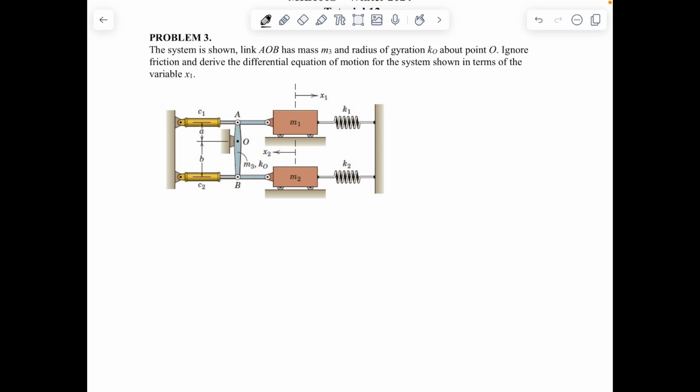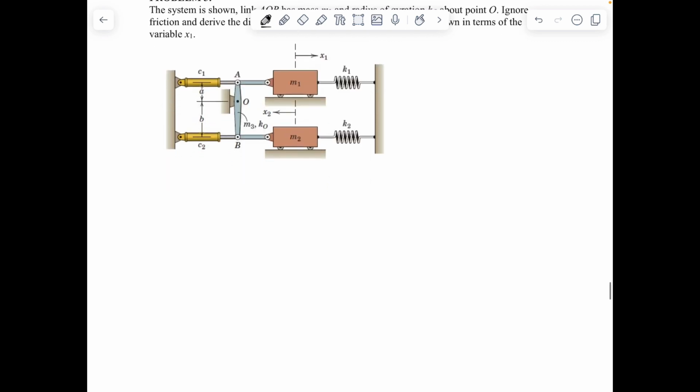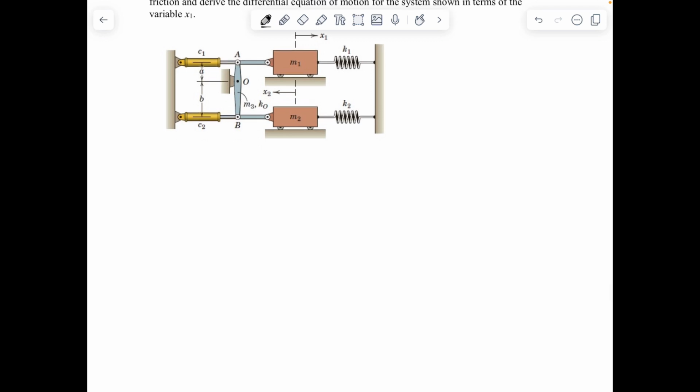Question number 3. The system is shown. Link AOB has mass m3 and radius of gyration ko about O. Ignore friction and derive the differential equation of motion for the system shown in terms of variable x1. First, we could write the free body diagram for all the three masses. For m1,